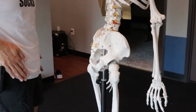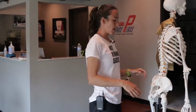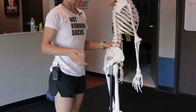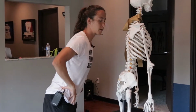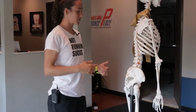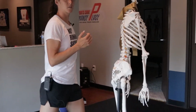So your pelvis, your hips, and your low back are very closely related. And oftentimes to get more power in your legs and in your stride, you need to recruit more of the muscles in the back of your leg. So you have to tilt your pelvis forward to get pelvic extension so you can get more leg extension and drive forward. And it's a very nuanced and special relationship between those three regions that helps you produce maximum power